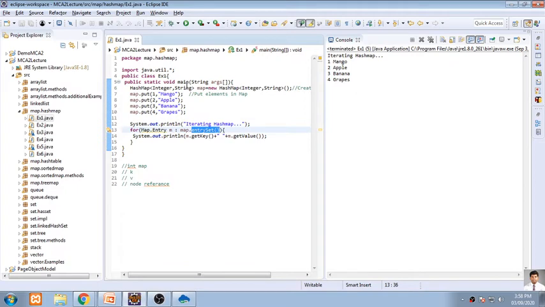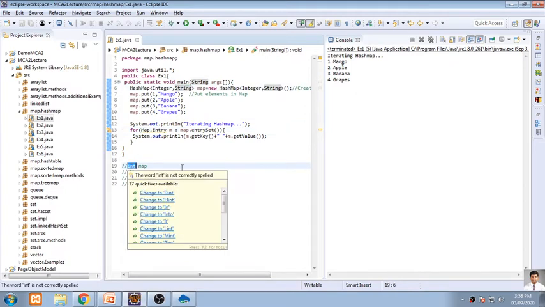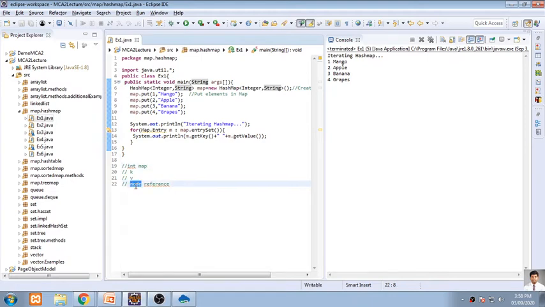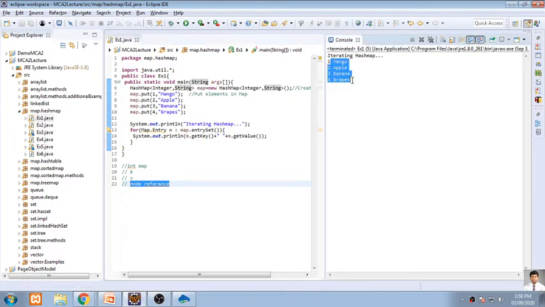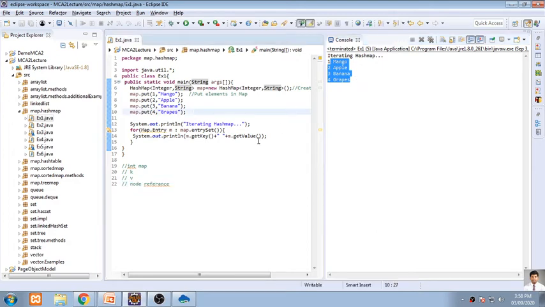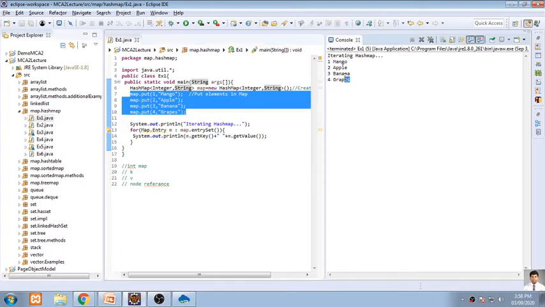It is a combination of an integer, a string, then a primitive data type called int, and then this is a node reference that is containing some unique numbers, positive and negative. So all will be stored into this, and we'll be getting this output like this. It's very simple how to add the element into this HashMap. So four things we have added, and we are getting these four things by using this iterator.